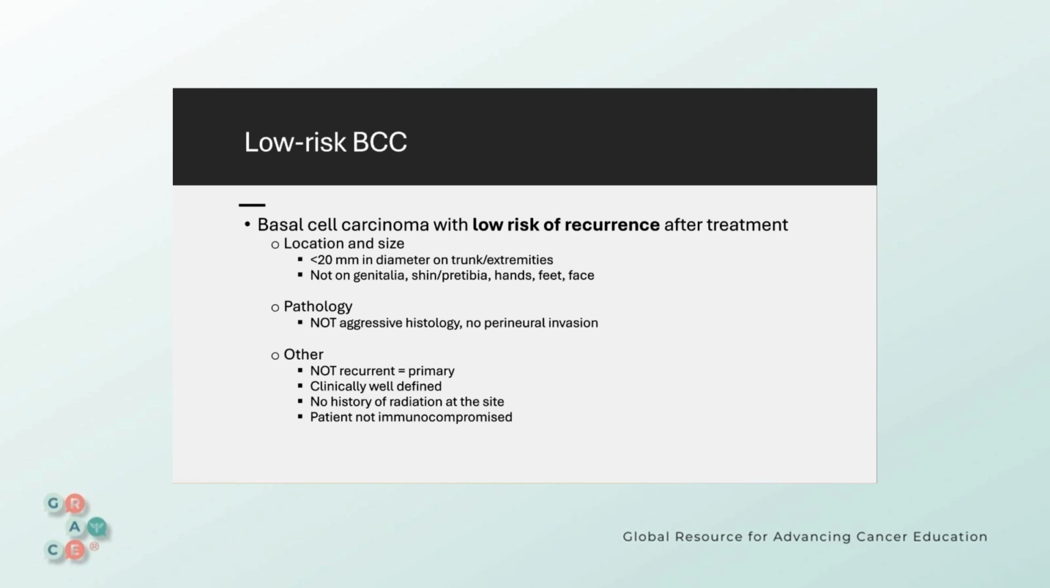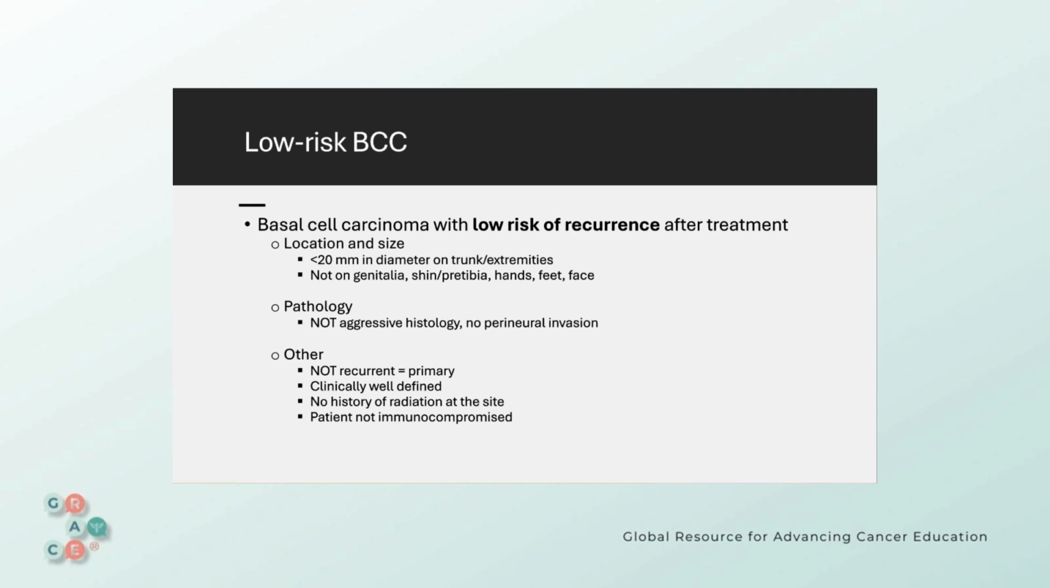So features that we take into account when determining whether a BCC tumor has a low or high risk of recurrence after treatment include the location on the body and the size of the lesion. So basal cell carcinomas that are located on the trunk or extremities, that is excluding sites like the face, the genitalia, the hands or the feet, or the shins, so the pretibial surfaces, and those that are less than 20 millimeters, so less than 2 centimeters in diameter, those are considered at low